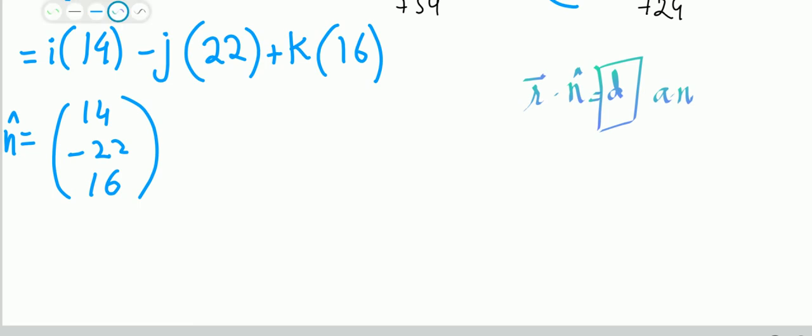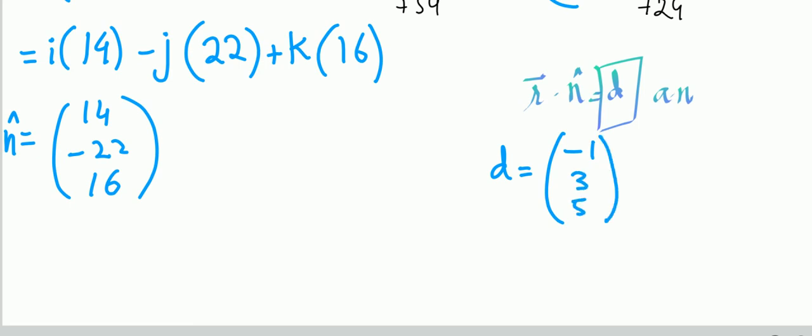So to find d, we're gonna do a, which is minus 1, 3, 5, with our n, which we just found out was 14, minus 22, 16, is equal to